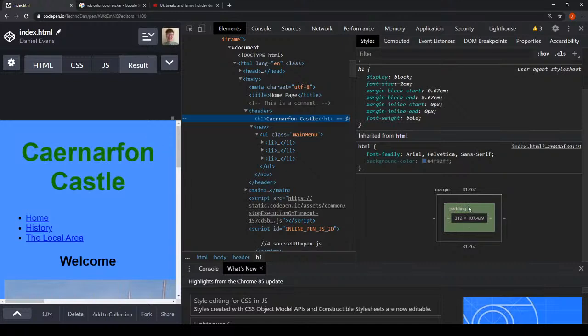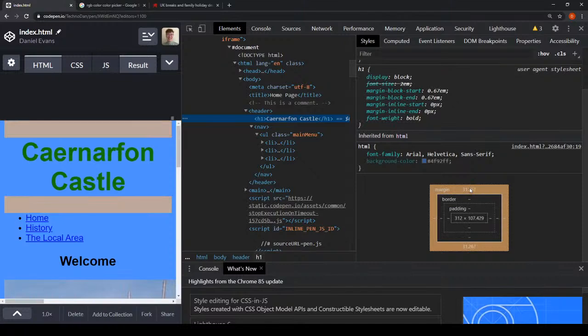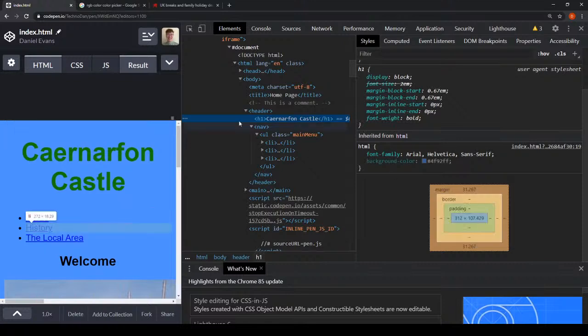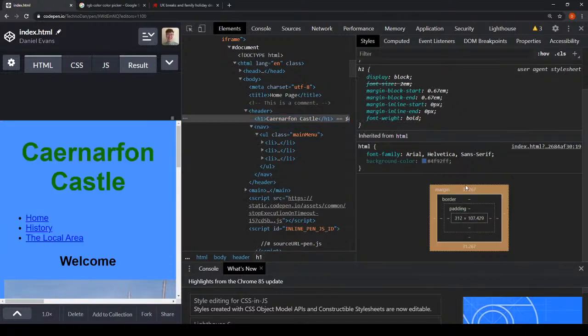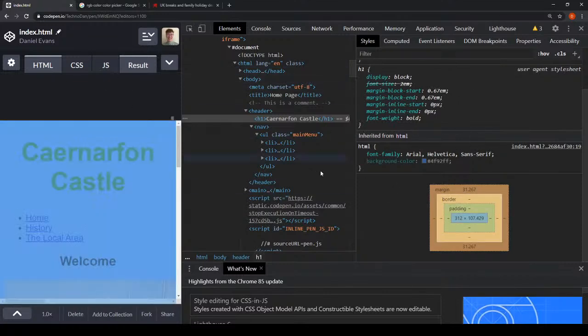If I then go out to padding, you can see that it currently doesn't have any padding and it currently doesn't have any border, but its margin is highlighted using the orange, those big orange lines that appear above and below it. And that is why on my website currently, when I am looking at my heading, there's a big gap that runs along the top of the screen and between the bottom of the heading and the nav bar. We're able to adjust that within our HTML,